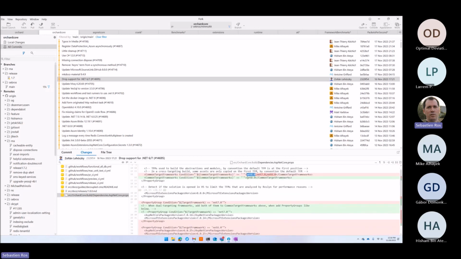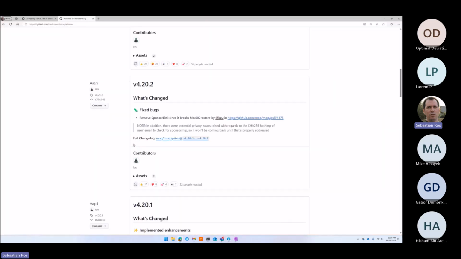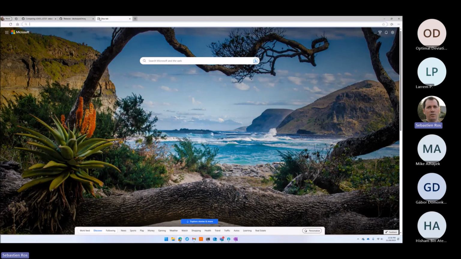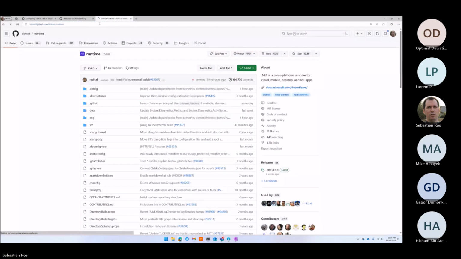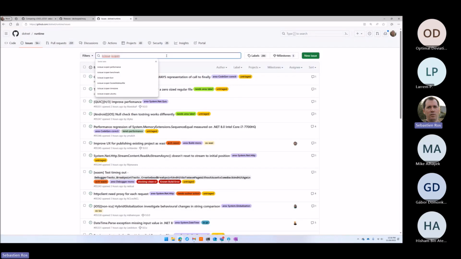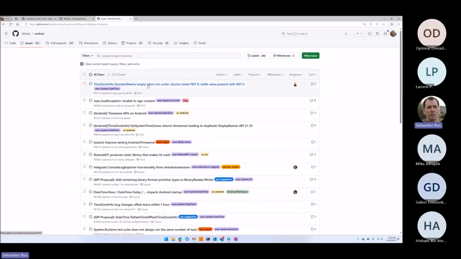I found some bugs in .NET 8, however, from other projects. I hope we won't hit them, but it's not a problem. There was one on time zone, for instance, that we might use. We have to check, but if the tests passed, that should be fine. Let me point you to one which we found. Marco found a bug by updating Jenkins in the time zone, so we might use that. So I just want to be sure we are not using this API. I haven't checked yet, but I know about the issue.